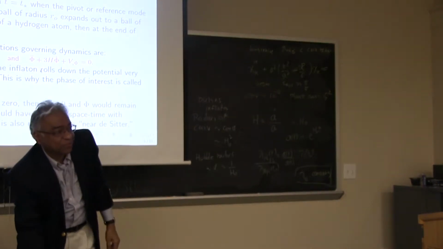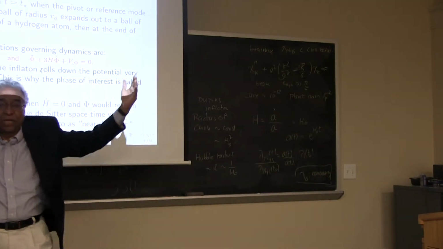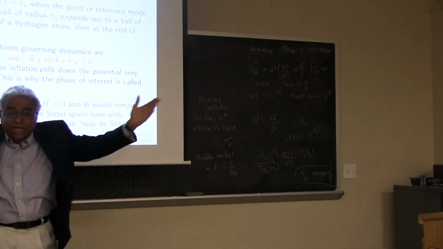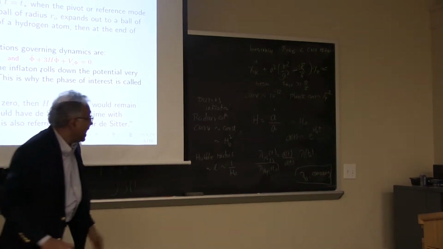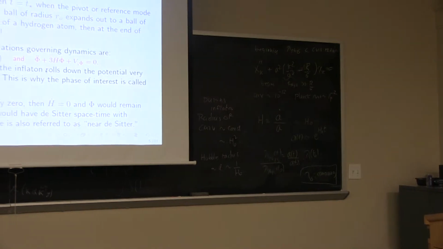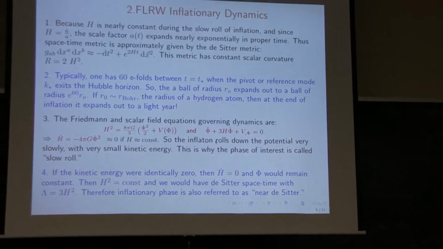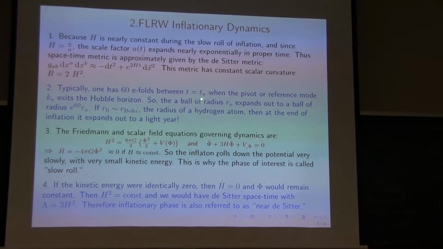Because I started out with a small amount, whereas the Hubble radius is almost a constant. So therefore, each mode hits the Hubble radius at a slightly different time. Not too much different, but slightly different time. And typically one takes the onset of inflation to be the time at which the mode with k equal to k star